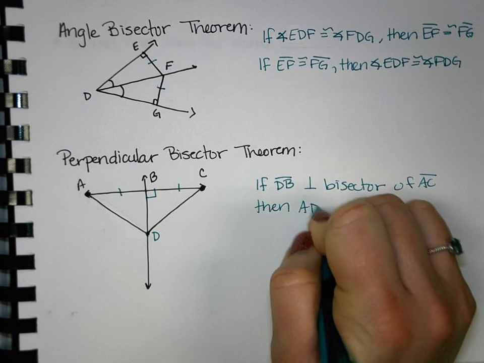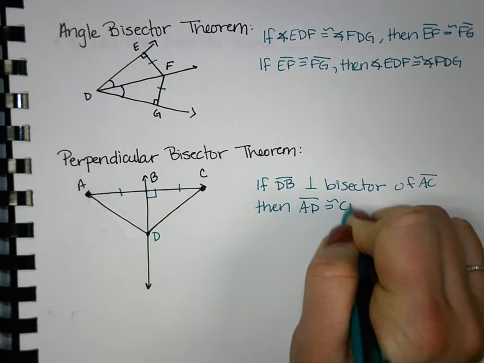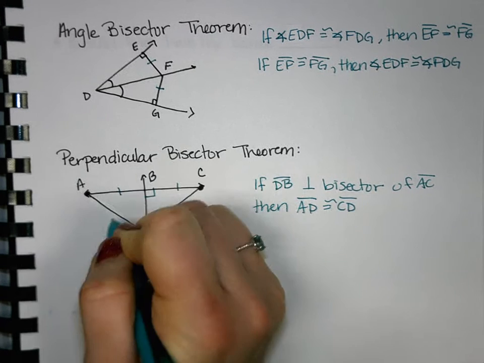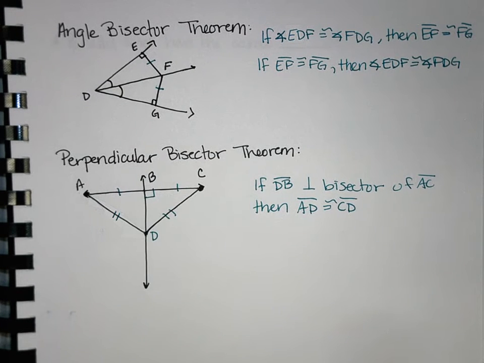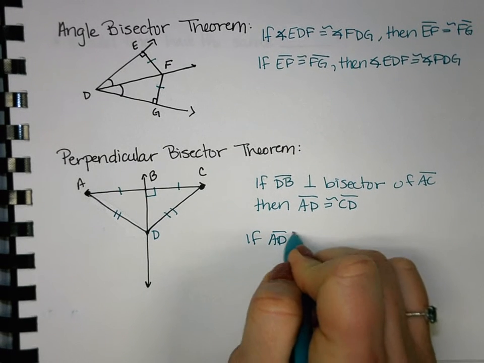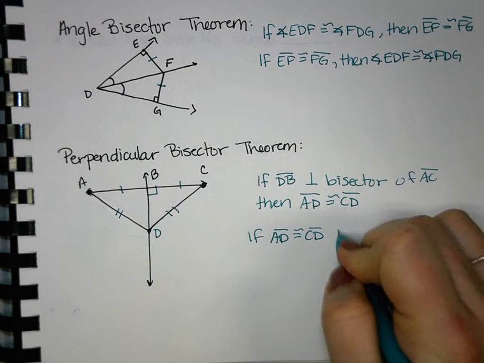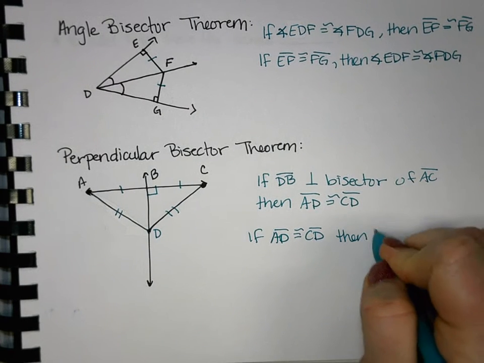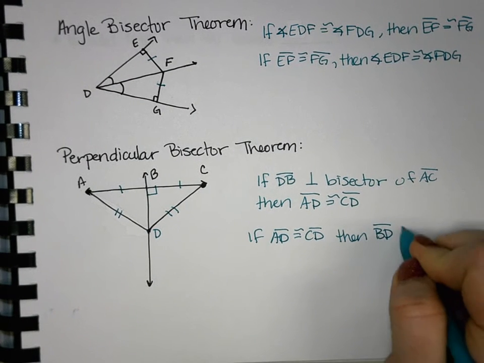Then AD will be congruent to CD. These two on the ends will also be congruent. And this is again one that works the other way as well. If you know that AD is congruent to CD, then BD is a perpendicular bisector